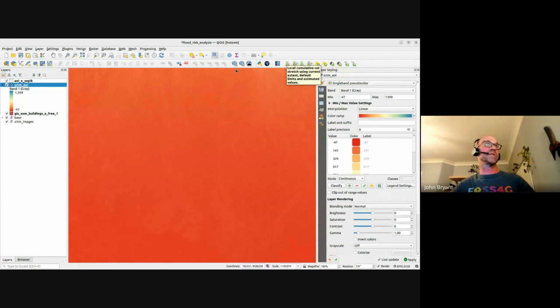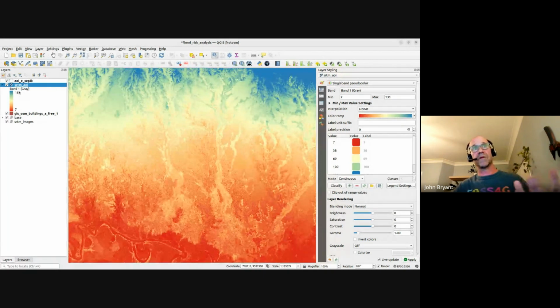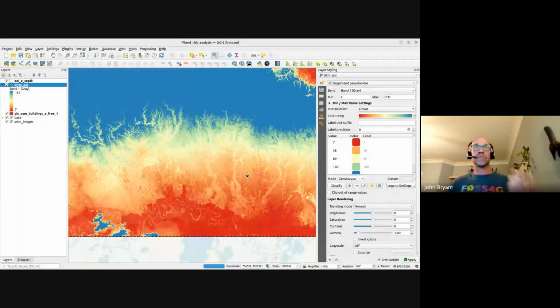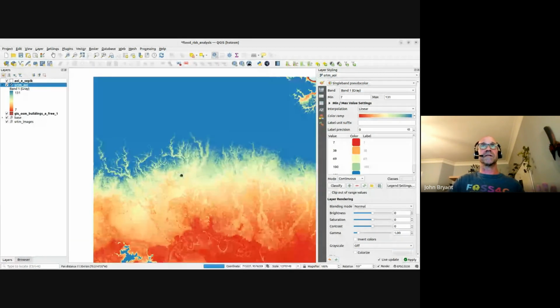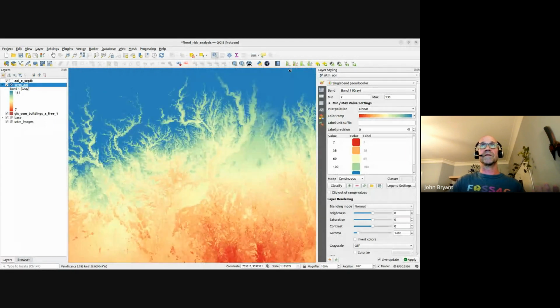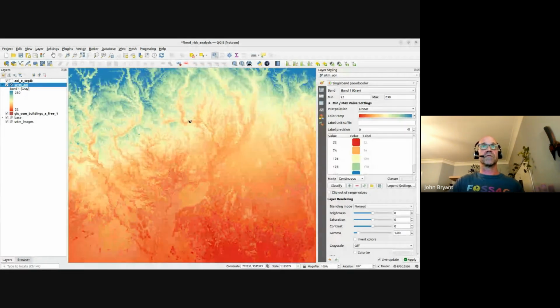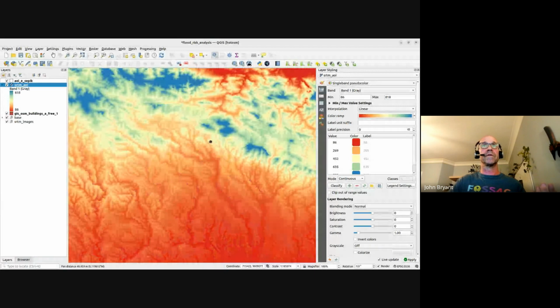So if I click on that, watch the legend in the layers panel here. When I click on that button, I can see the min-max for that raster gets adjusted, and I can see much better the texture of the landscape within my particular map canvas window here. So I always find this is a really good way to kind of get a feel for my raster data sets when I bring them in, to sort of zoom around a little bit, click on that button and sort of just re-stretch the raster for the map window as I go,